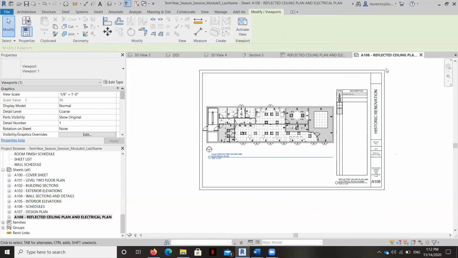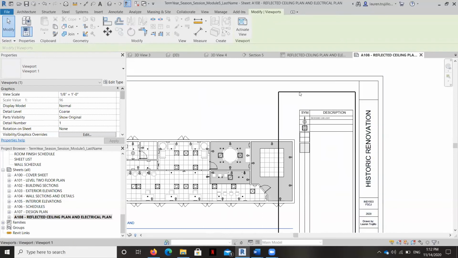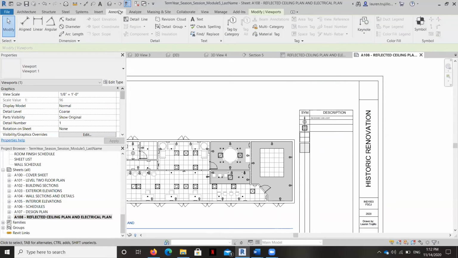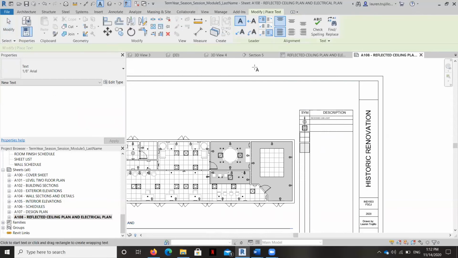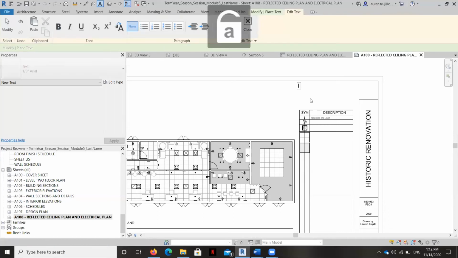The only other thing that we will do is we'll go ahead and add a text box here that says a series of notes. And I know kind of right off the bat, we may need to add some information about the location of the outlets. So once we place those on, we'll put a little note. Something like,